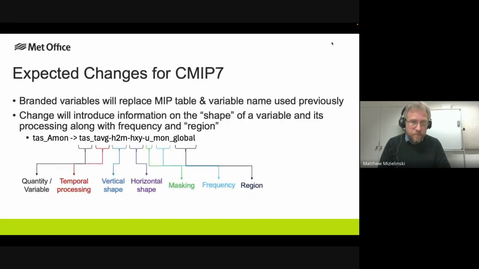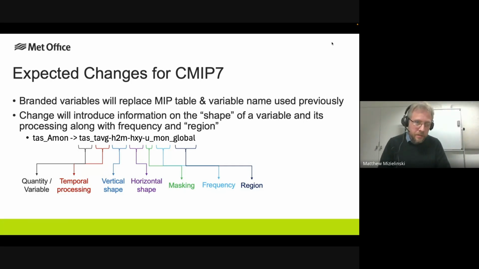Next slide. So the first of the expected changes for CMIP7, this is something everyone who deals with the data will need to be aware of. I'm expecting more communications to come out about this. Branded variables, a new concept, will replace the MIP table and the variable name in the file names. So the way you identify and search for data will change. This change introduces a lot more information into the file names and the facets with which you can search for data on ESGF. So for example, TAS AMON, surface temperature monthly means, you'd be familiar with from past CMIPs, will